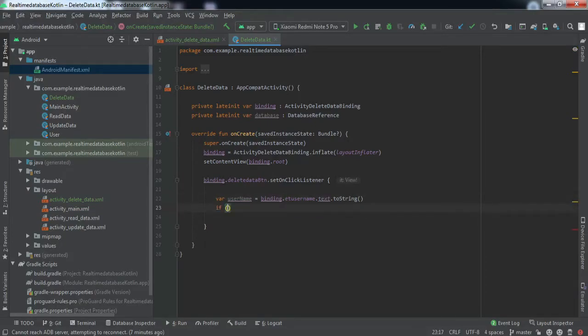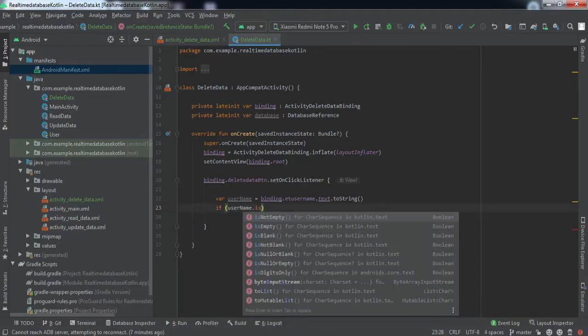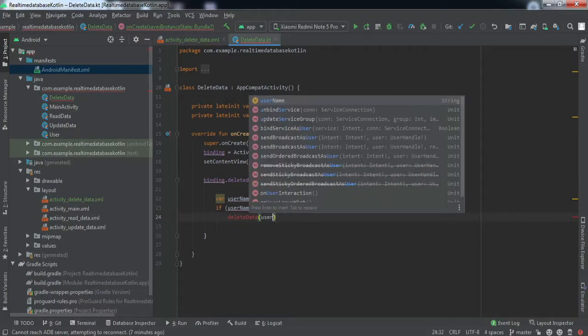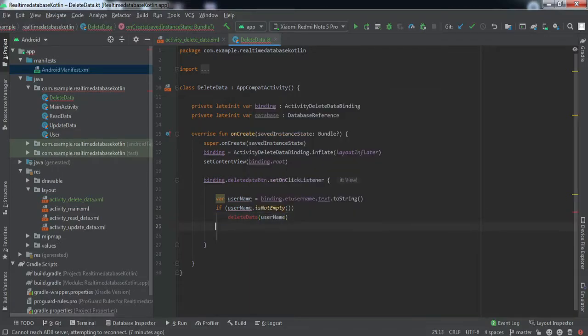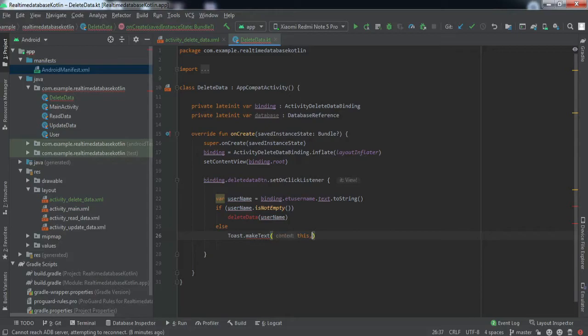Now we'll check if the username is not empty, then we'll call a method delete data and pass this username as an argument, right? Don't worry about this method, we'll create it in a while. Else, if the field is empty, we're gonna raise a toast which says please enter the username, right?